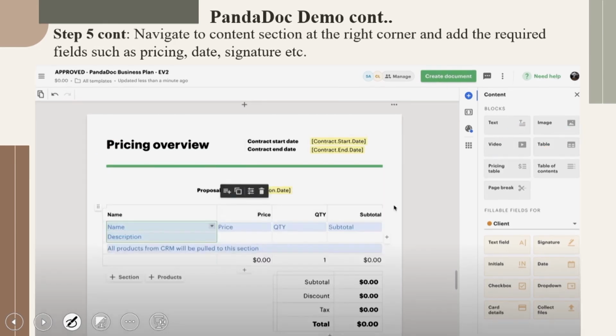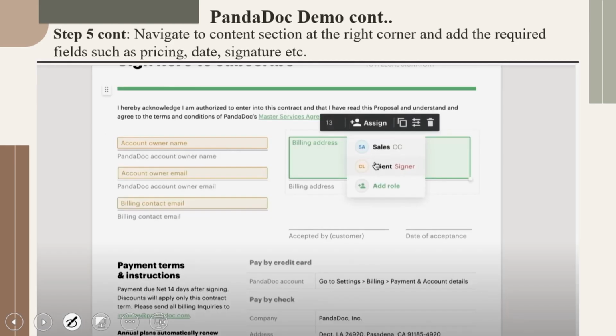Then if you further navigate, you will see the pricing overview. Let's say you have selected a certain price level, so based on that would be the final price that would be calculated here or tabulated there. So this could also be a facilitator when you are looking into the pricing especially.